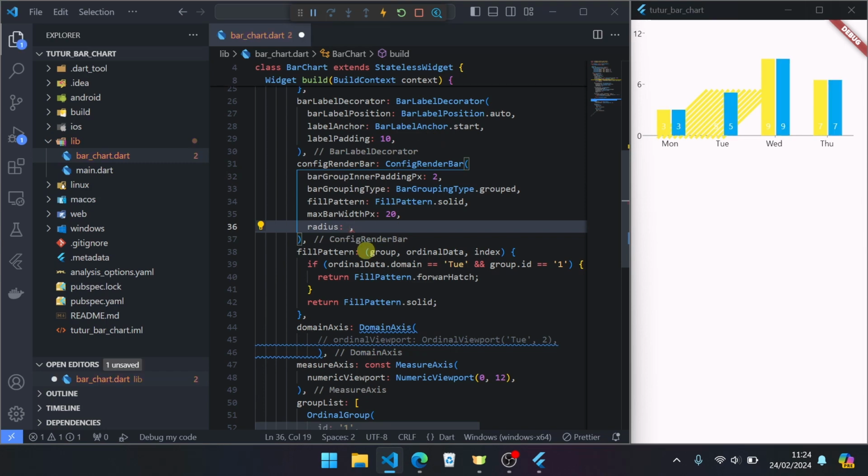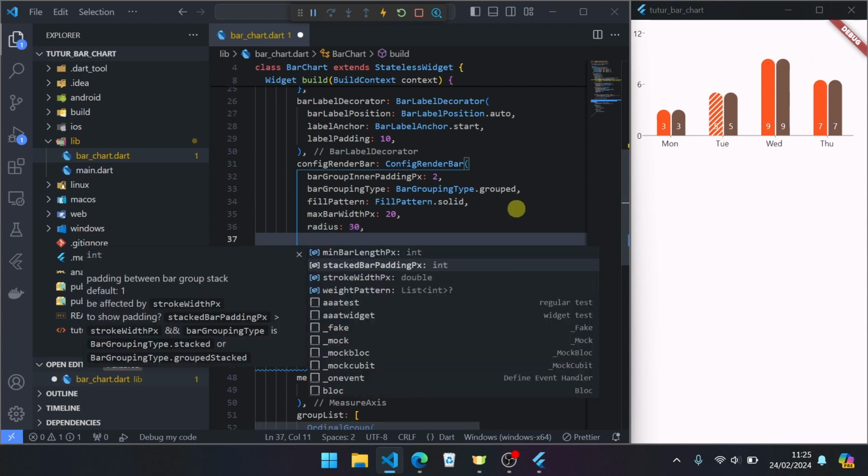If you change to like 30, this will be 30 like this. And again, for some reason, if you set the radius not 0, they are more acceptable for fill pattern forward edge like this.